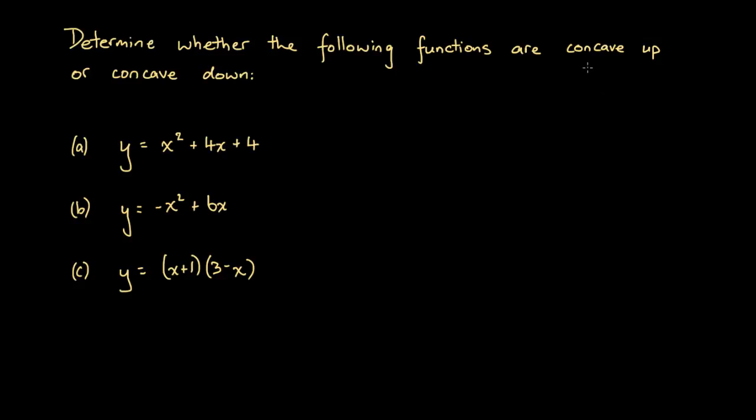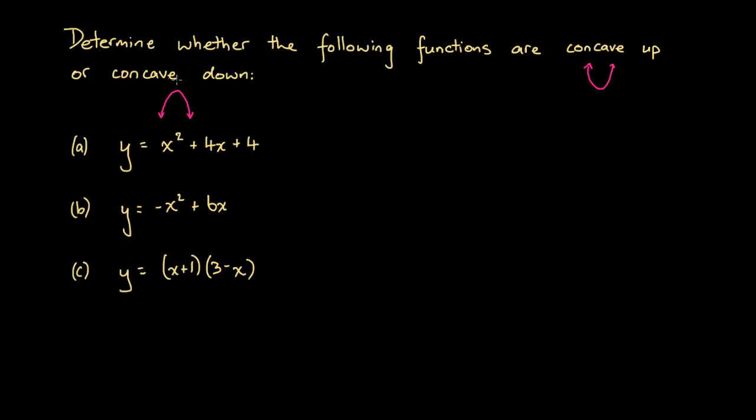Concave up quadratic functions tend to take this form. They look like a proper U, an upward opening function. Concave down, they have a graph that resembles this downward opening shape, sort of like an upside down U. And they both have arrows at the top and at the bottom to indicate that this function goes upward forever and